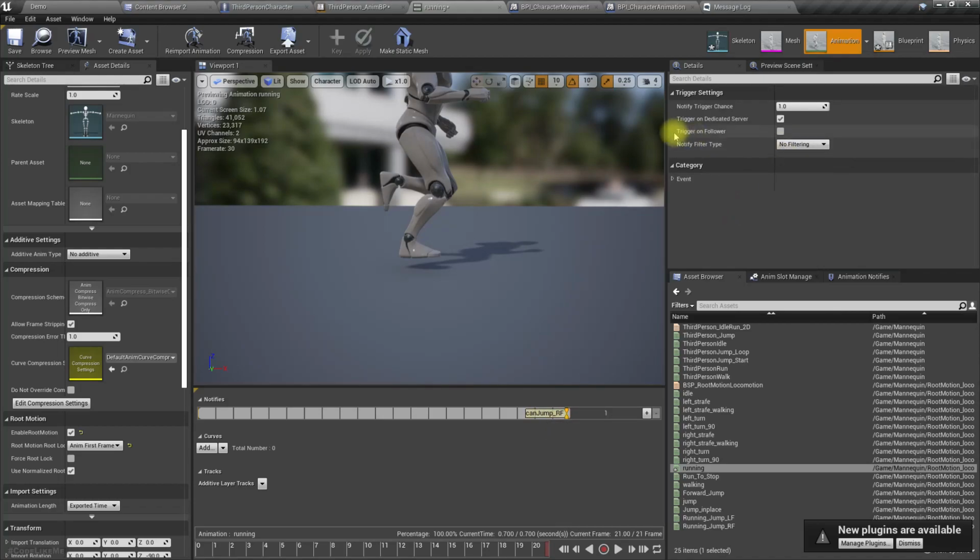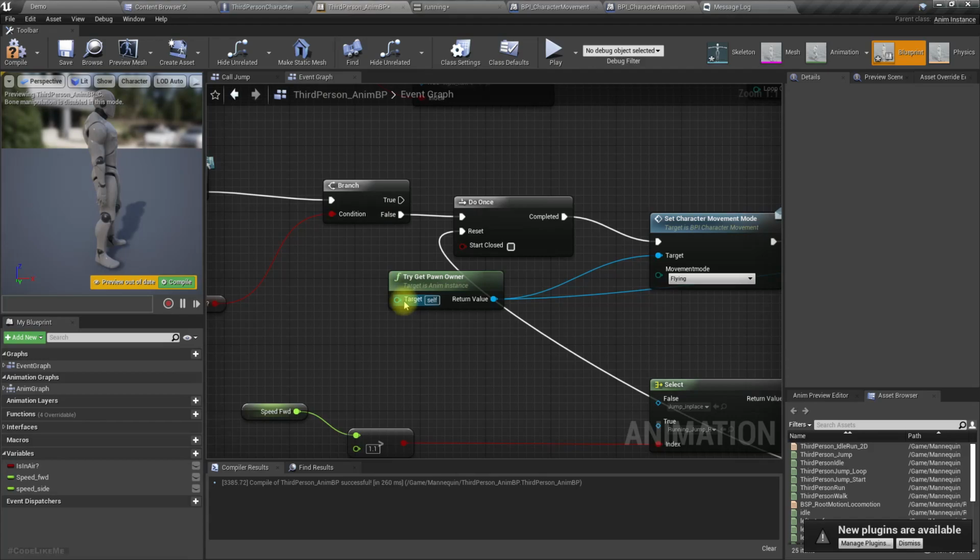Select this, notify trigger chance 1. Okay, right, and then